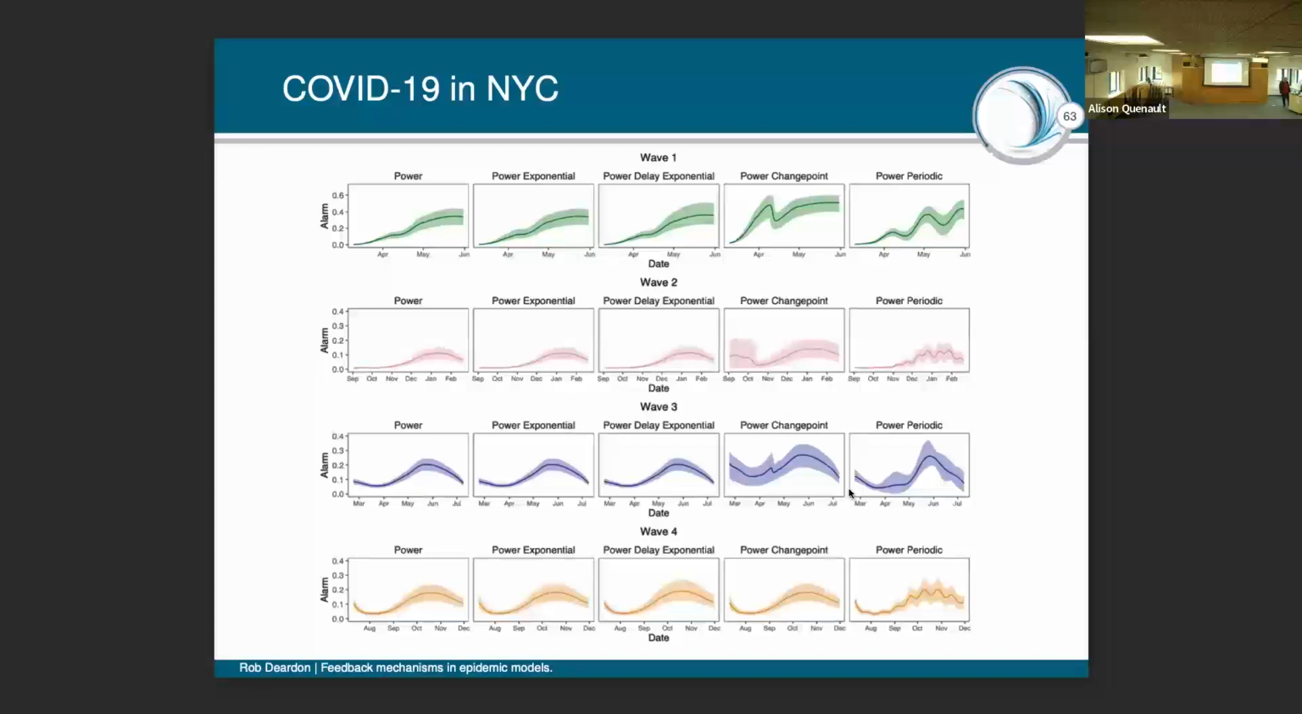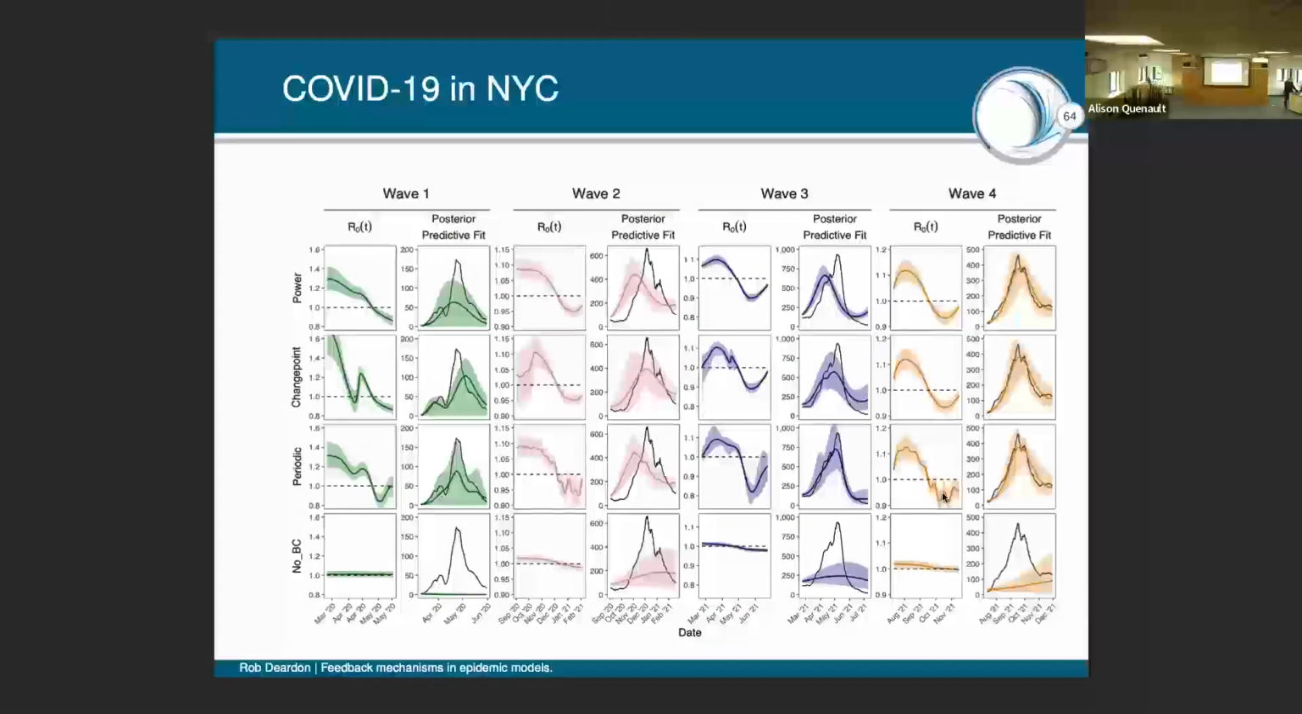We can also look at, what am I looking at here? These are the alarm functions for standard power alarm with exponential adherence, power alarm with the delayed exponential adherence, the power alarm with the change point, power alarm with the periodic. The alarm functions you get out are broadly of similar shape. Obviously there are some differences going on here. But then if we look at the forecasts, sorry, this is not the forecasts. This is